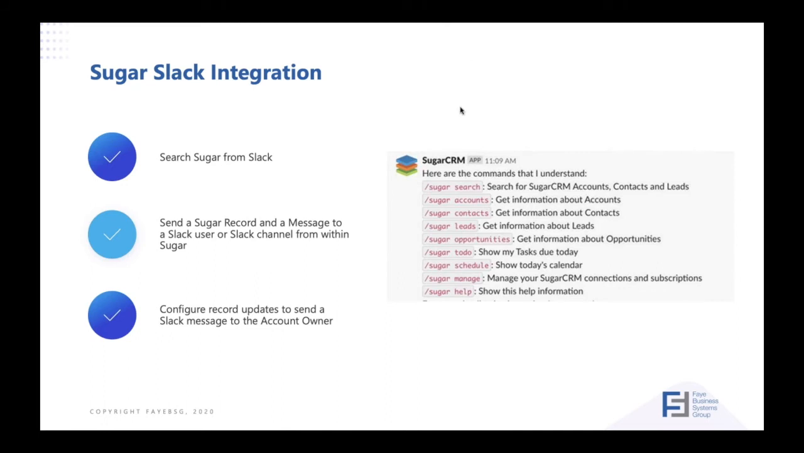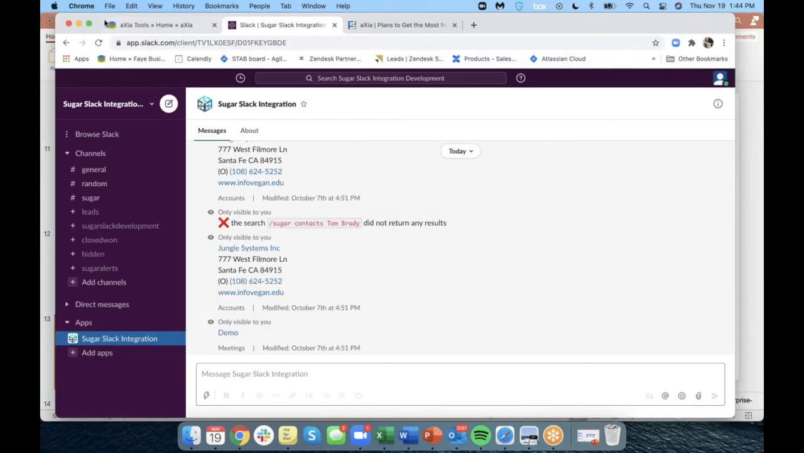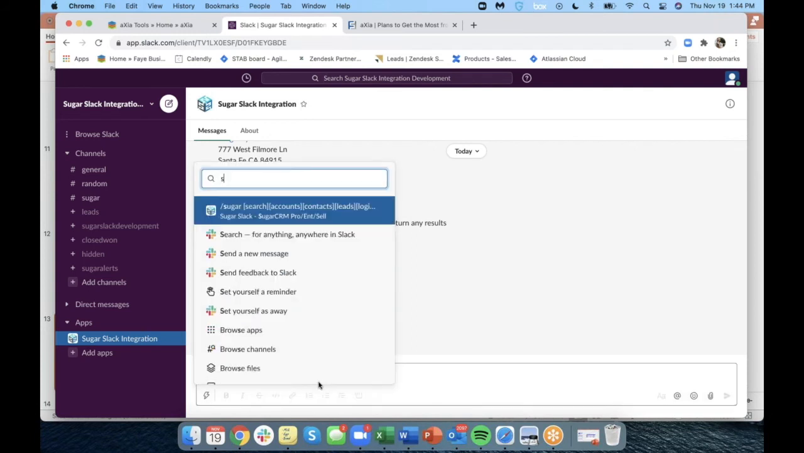Okay, so I'll jump out of the PowerPoint here and we'll jump into our demo instance. So I am going to show Slack inside of the browser here. Of course, this would work within the desktop app as well. So this is our Sugar Slack dev site. Down here within the apps, you would see your Sugar Slack integration. Very simple to install this. You just have to add an app, find our Sugar Slack integration, put in your Sugar URL, your username, and your password. And so within this Sugar Slack integration, I can start to type in commands and it's going to